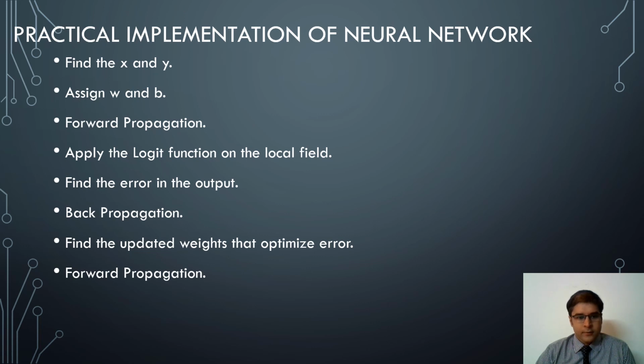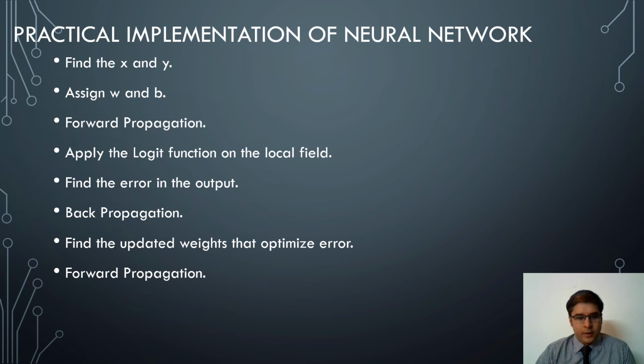So output y is desired from the neural network. Then we assign w and b, that is weights to all the inputs, and b the bias we assign. Then we do forward propagation that I will discuss in coming slides. And then we apply the logit function on the local field, that is the activation function is applied on the local field. Then find the error in the output, and then we do a back propagation